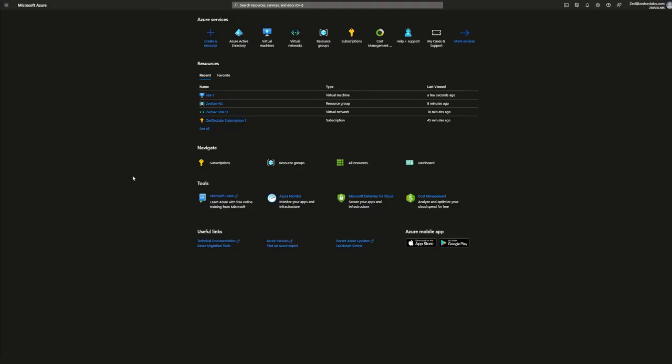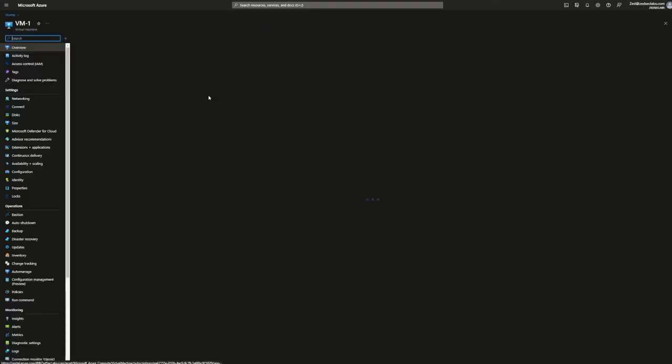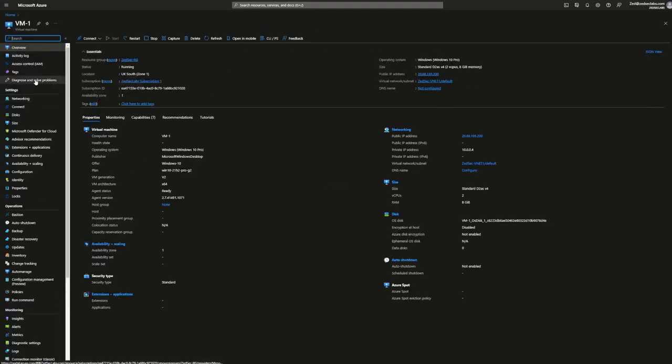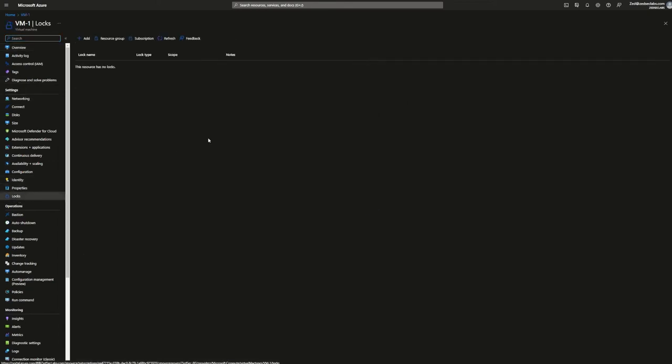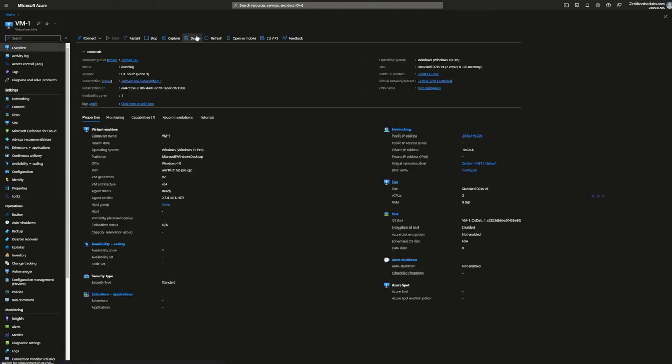Another feature of Azure is resource locks. So if we head to our VM1 here again, which is going to be our guinea pig for everything, down the side here you can use locks. And this resource has no locks. So basically you can set locks so that things can't be edited or resources can't be deleted, are the main two types of locks. So we're going to do VM1 test lock, and we're going to do a delete lock, and we're going to add it in there. So now if I go back to VM1 and I hit delete,